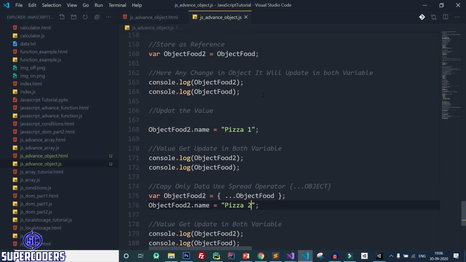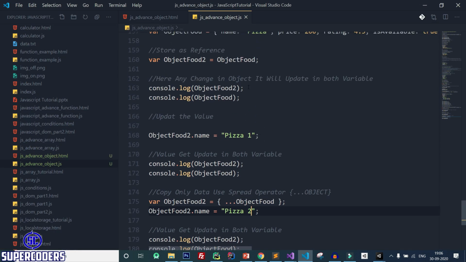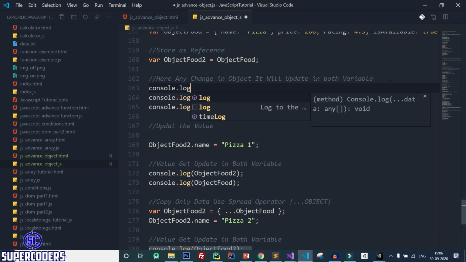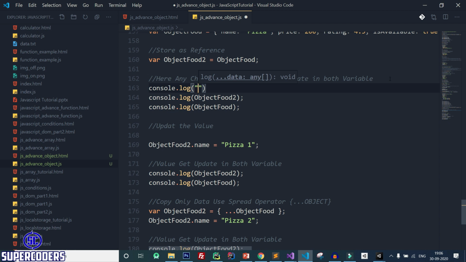Let's add some comments here. Console.log before any update.